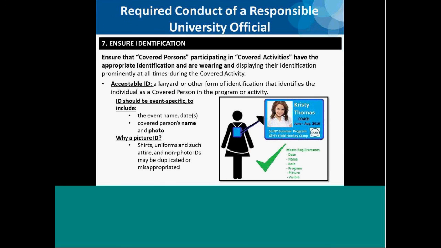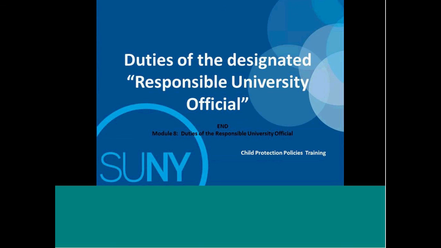Duty number 7, the responsible university official must ensure that covered persons participating in covered activities have the appropriate identification and that they are wearing and displaying their identification prominently at all times during the covered activity. This concludes